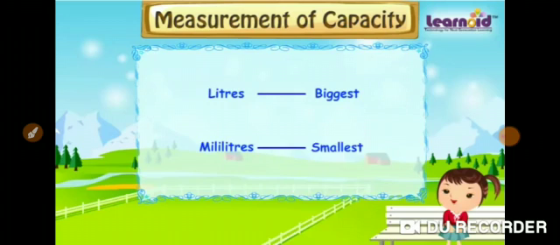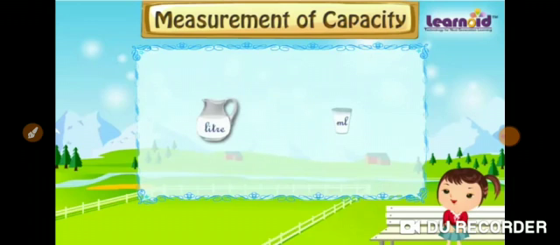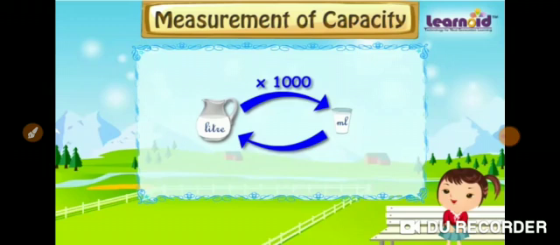Fine. So as such, if we want to convert liter into milliliter, we multiply the number so as to get the milliliter. Fine. And if we want to convert milliliter into liter, we divide the number so as to get the liter. So in order to understand it in a much better way, let's just perform a few examples.